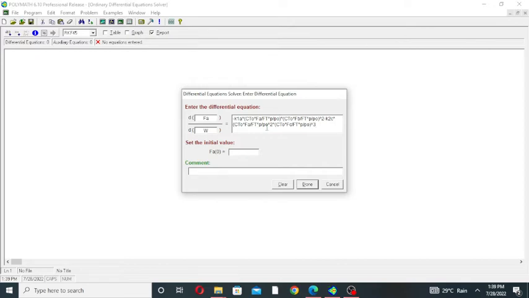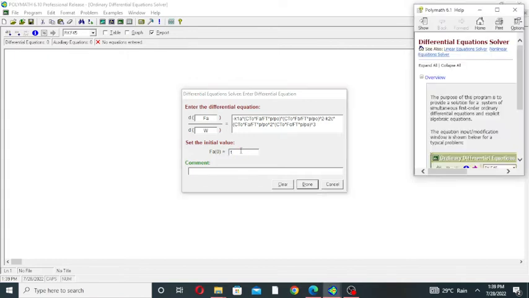This was the first equation. So FA naught, the initial molar flow rate of component A to the packed bed reactor, was 10. So it was 10